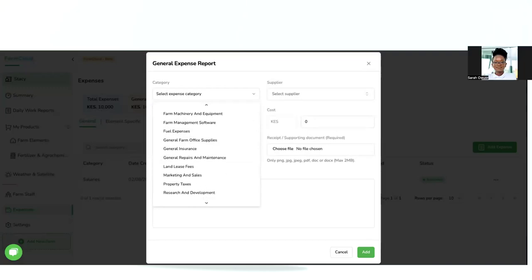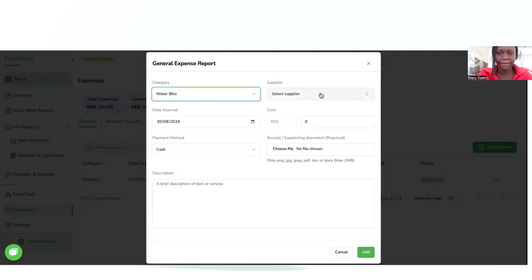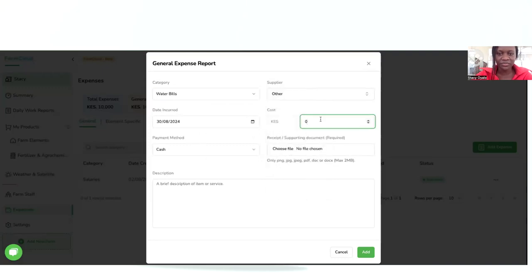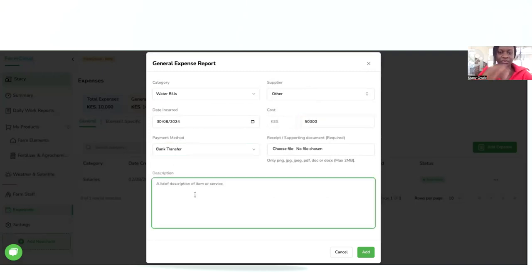We can go with, let's say, water bills. We'll select supplier. You can indicate other. And cost, we can say, for example, that it cost us 50,000 a month, and we made the payment through bank transfer. And then we'll have to give a brief description. So paid water bill on the 30th